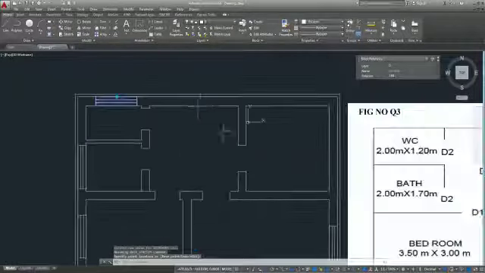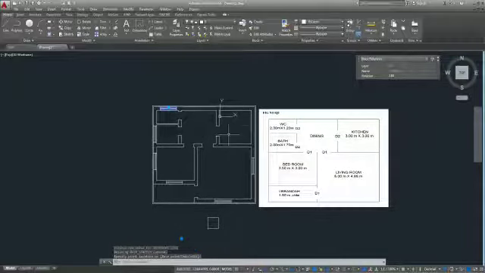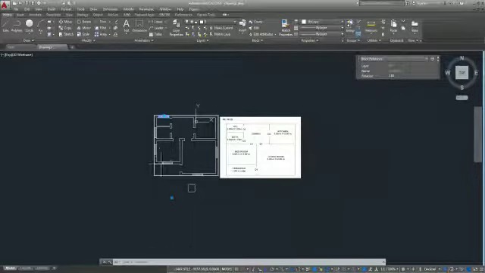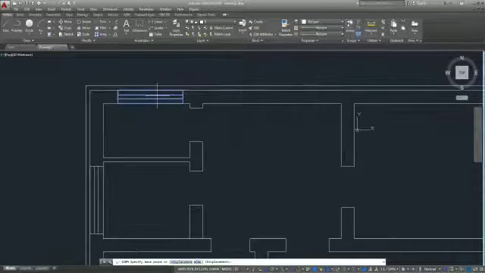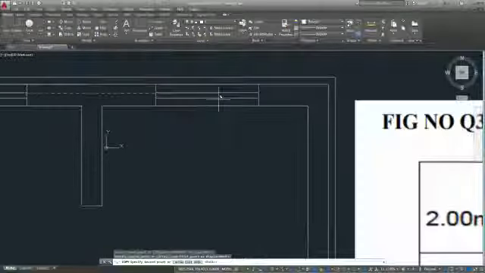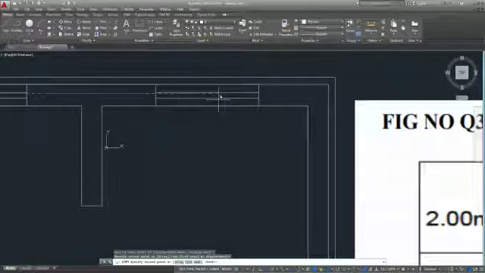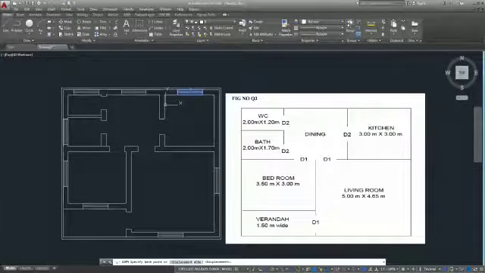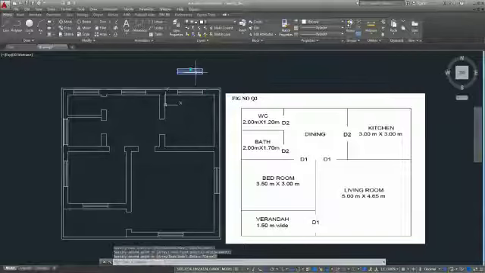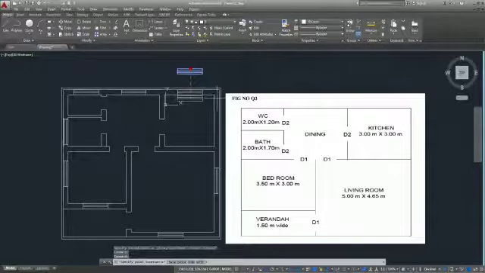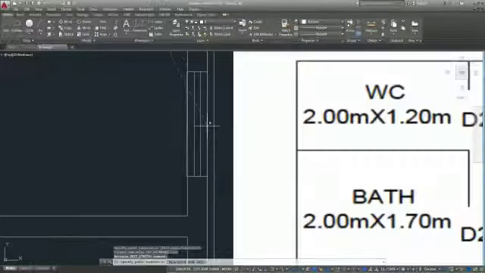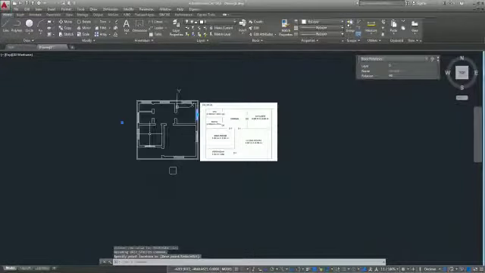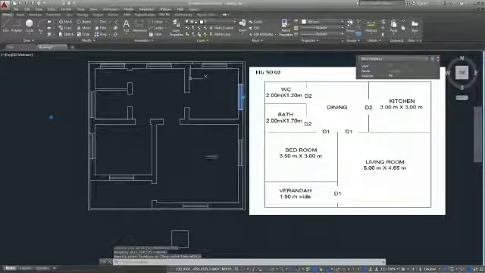Okay, done. And here you require one more, in the dining one more you require. So again, copy, keep here. Here you require one more, kitchen, done. And kitchen, another window you require, kept it outside, take the grip, hold the shift button, so it aligned. See now you have enough number of windows.